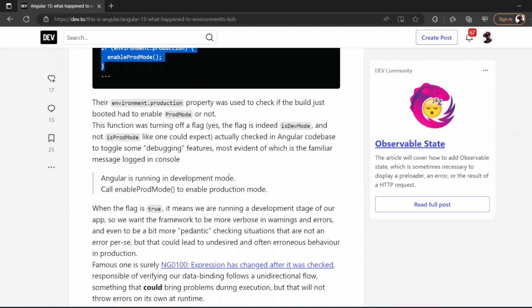When the flag is true, it means we are running a development stage of our app. So we want the framework to be more verbose in warnings and console messages, and even to be a bit more pedantic, checking situations that are not an error per se, but that could lead to undesired